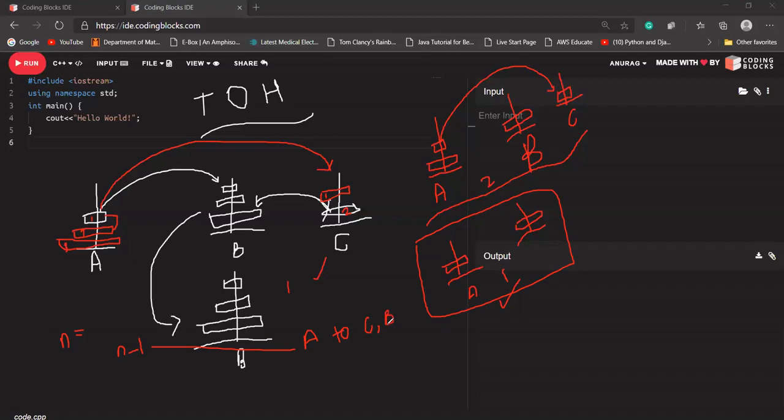When we transfer the n minus 1 elements of A to C in the same order, B will be empty, because only one element will be left in A, and all the n minus 1 elements will be in C. Now the last one, which is the n-th disk, let's call it L, I'll directly move from A to B. We don't need any help for that. Either you can say with the help of C, but I don't think there is a need for C as well.